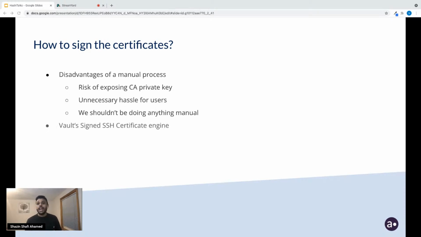So we had to look for an alternative, an engine that can do it for us. And we found Vault. Vault fitted all our requirements. It provides us a signed SSH certificate engine, which is pretty simple to set up. All you have to do is enable the secret engine, configure your CA, and once you have the roles in place, start signing. Pretty simple. But